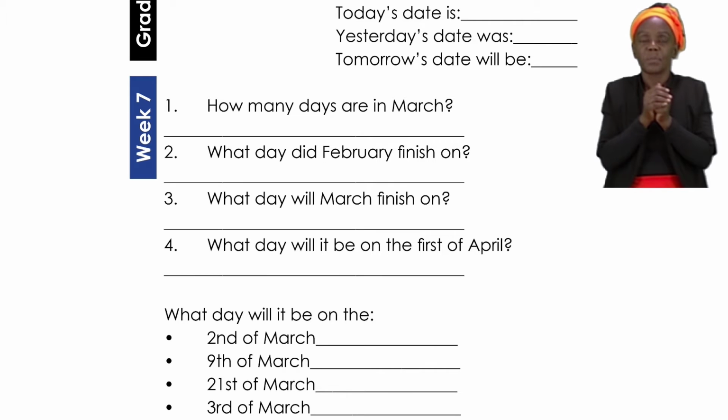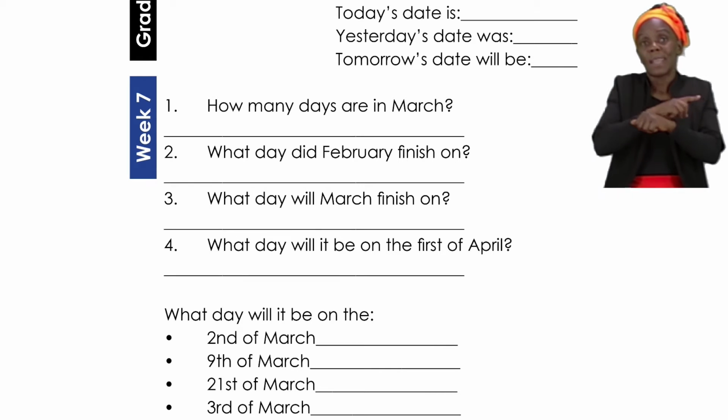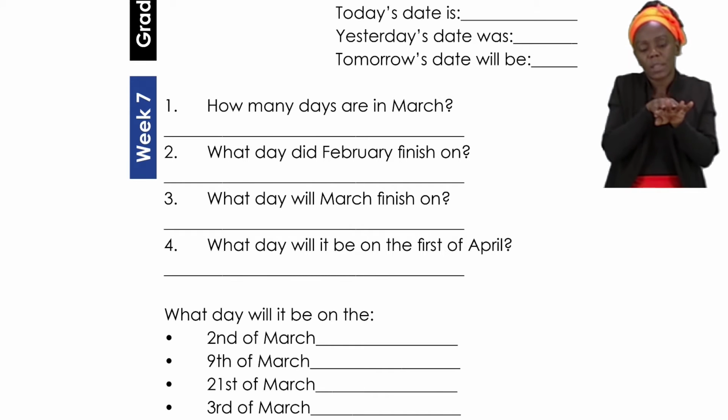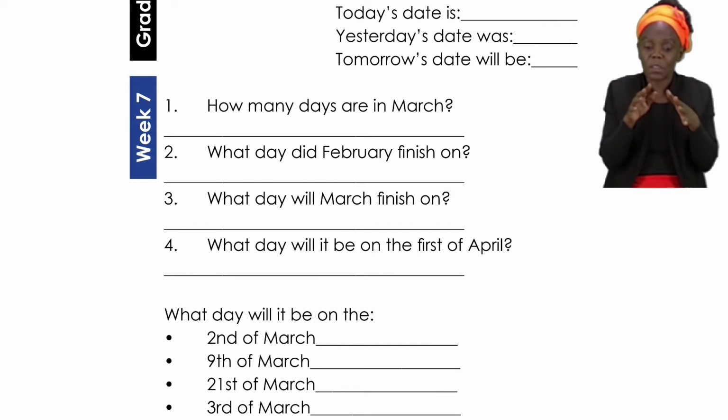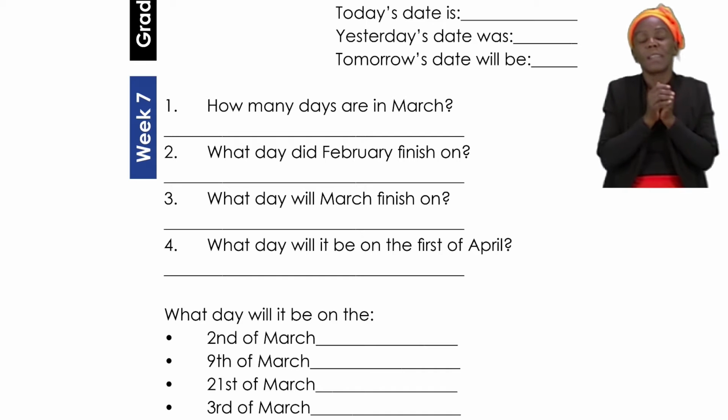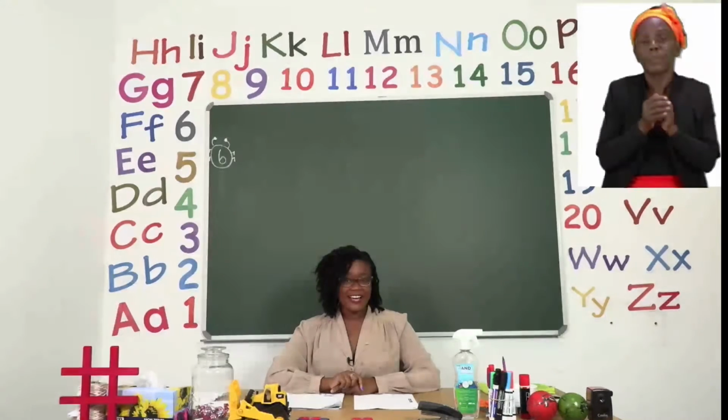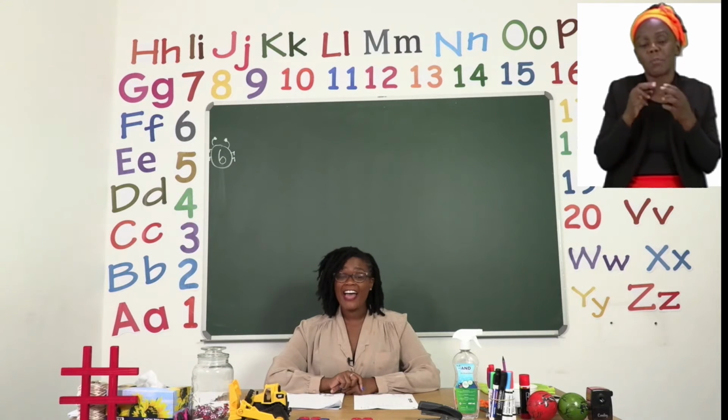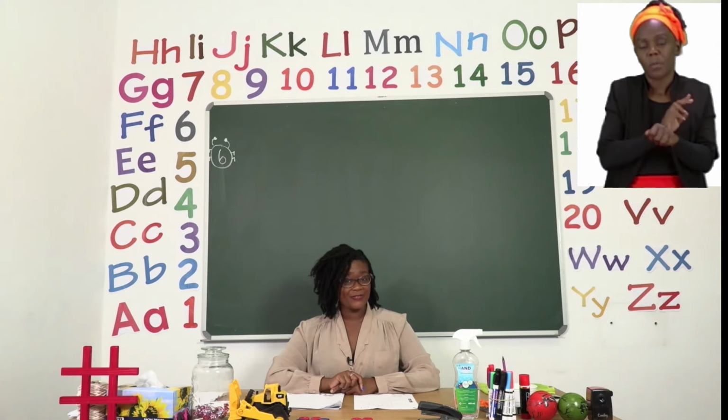Now, the bottom of your exercise is asking, what day will these be on? It is now up to you to look for these dates and write the correct one. Please take your time, check with the calendar, and when you are done, go through your work and ask someone else the same questions to see if you will get the same answers about the days of the month. Take your time, everyone. There's no need to rush. And I will see you after our advert break.